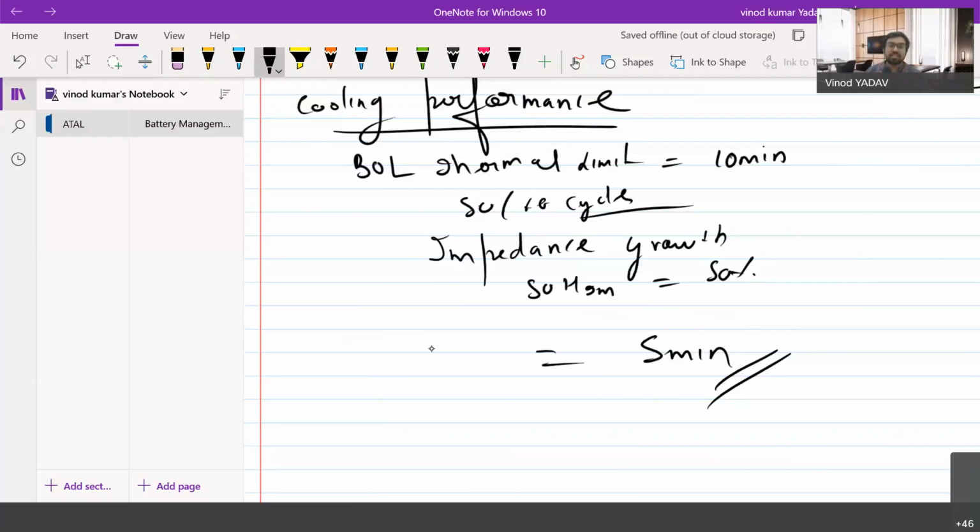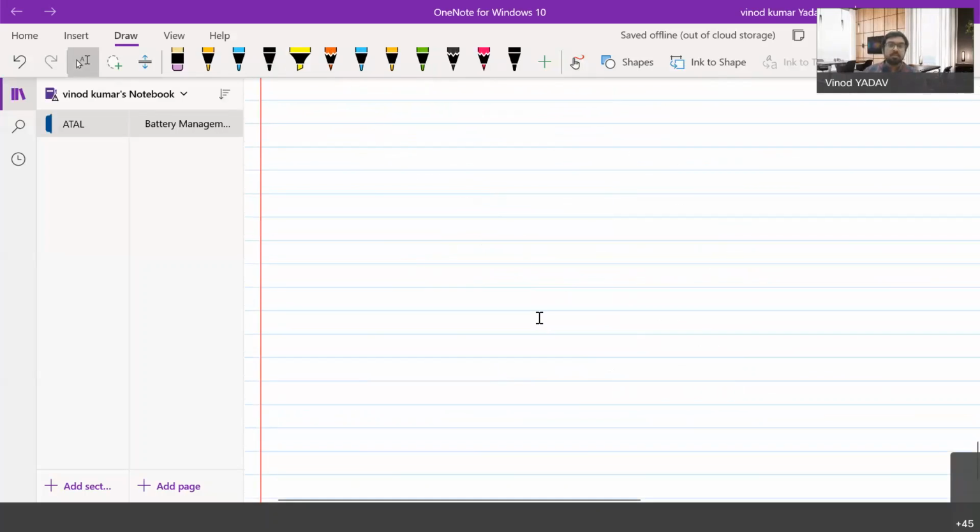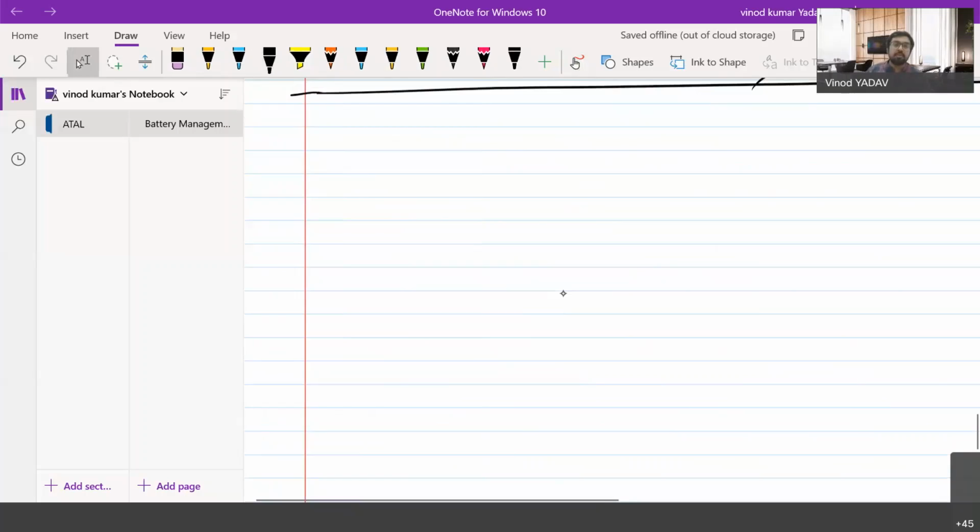So how to measure this temperature? I think we have already seen in the slides, with the help of thermocouple and thermistor, and in thermistor again we go for the voltage divider circuit. Current is again measured by the Hall effect sensors. Then shunt sensors are there. So one last topic is there. I think the rest of the portion has already been covered by Ashok sir.